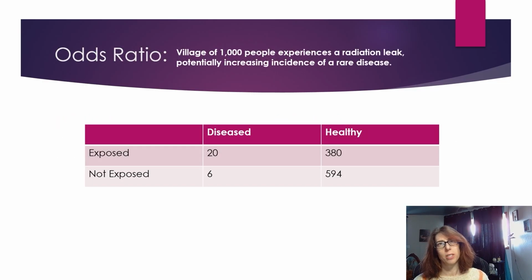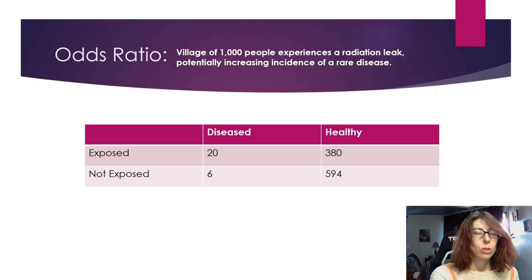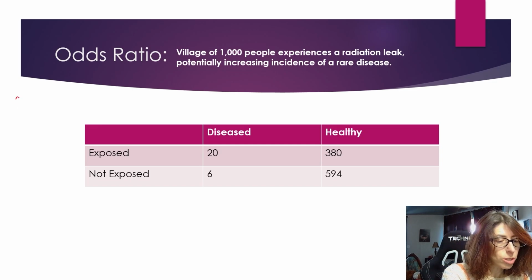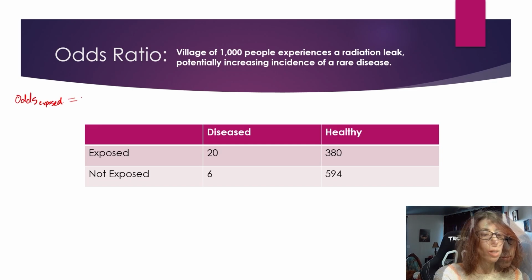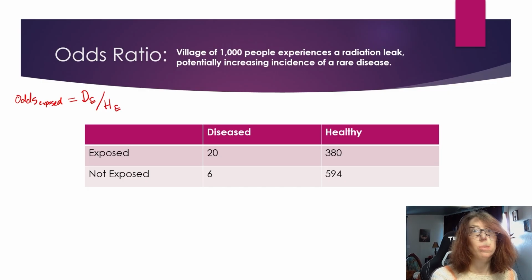So let's do the calculation with some data. This is an example from the Wikipedia page for odds ratio. So suppose a radiation leak in a village of 1,000 people increased the incidence of a rare disease. And here is the data from a random sample of healthy people and from intentionally selected diseased people. So the odds of getting the disease if exposed equals the diseased individuals in the exposed group divided by the healthy individuals in the exposed group. And in this case, that's 20 divided by 380, which is